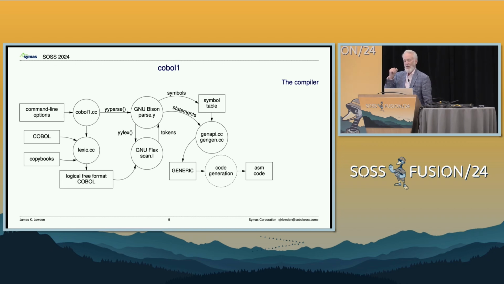And then things get a little murky, which I'll talk about in a moment. But this is all we had to do, you could say. We just had to accept the COBOL, 1,200 pages of documentation for what that's supposed to look like, and spit out generic code that the rest of the compiler will assemble for us. Hooray. It's all written down. There's even a GCC internals document. It's like 80 pages long.